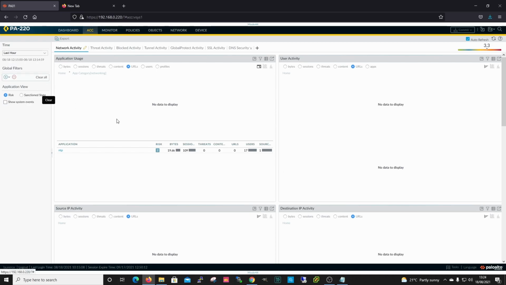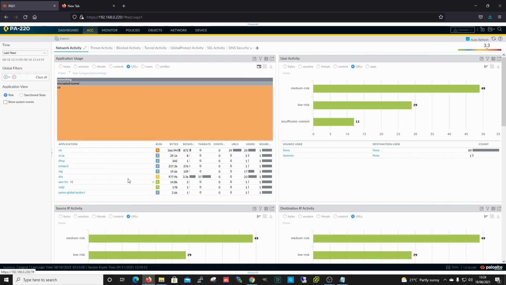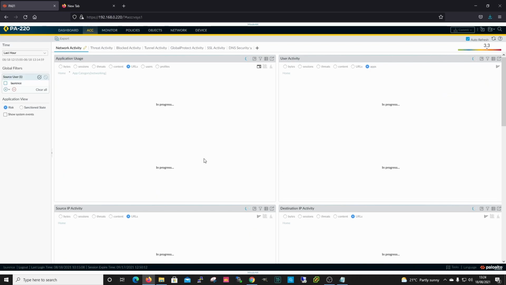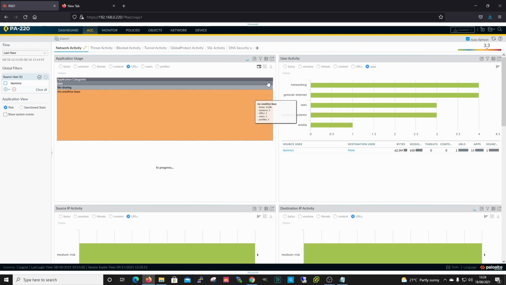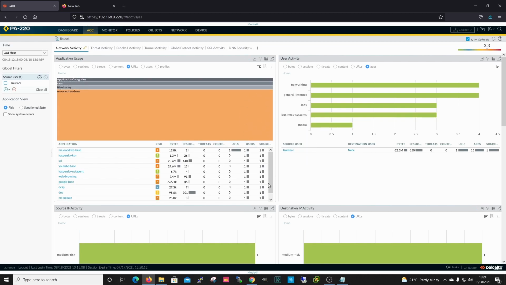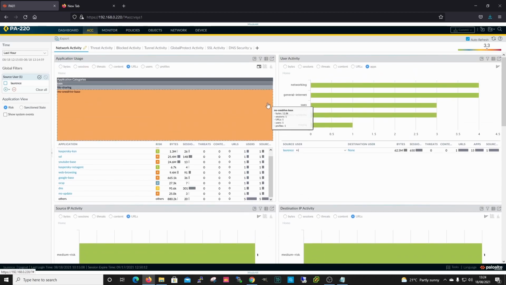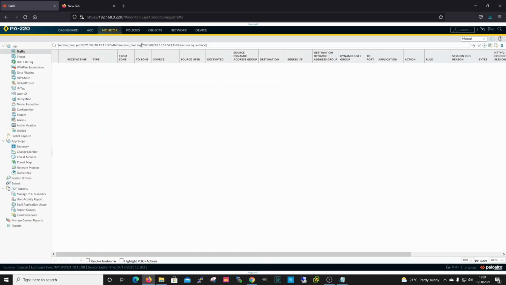So if I wanted to clear that off, we'll do it again to clear that off. So I want to look at, say, applications that I've been going to in the last hour. Okay, and my address, which is 10, which is the address of this PC I'm on now. And then I want to jump to the logs and look at the traffic log, and then it's built it for me. So there's one hell of a lot more to the ACC than just the